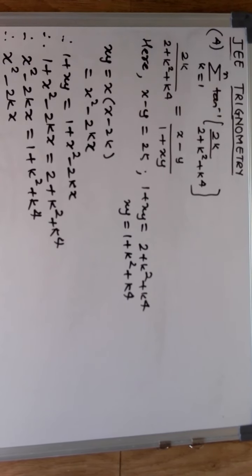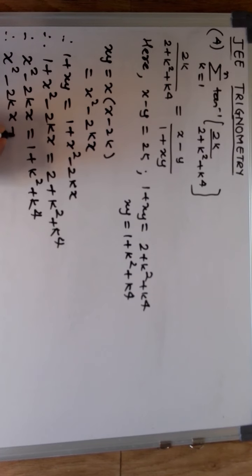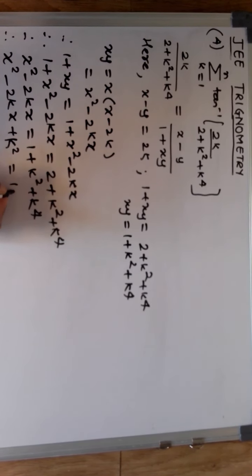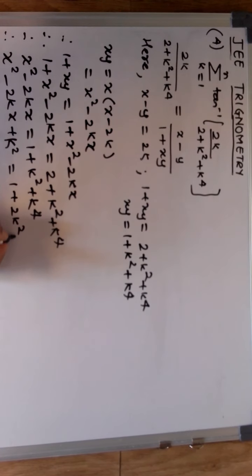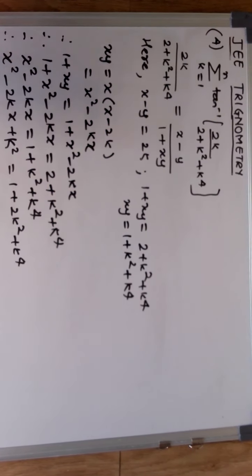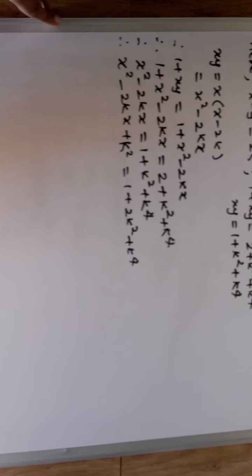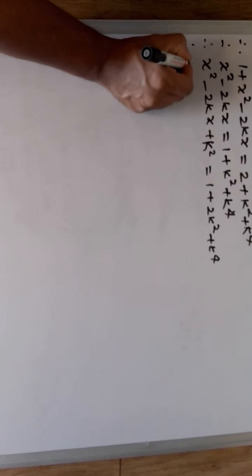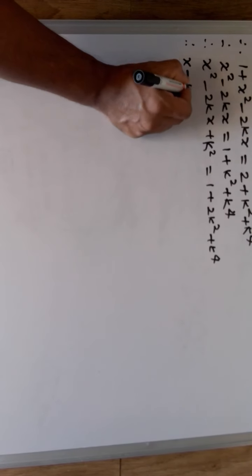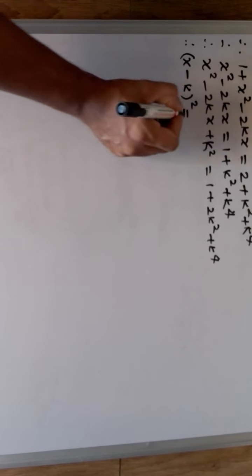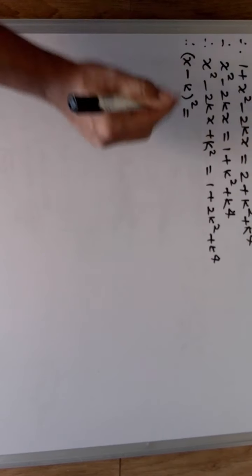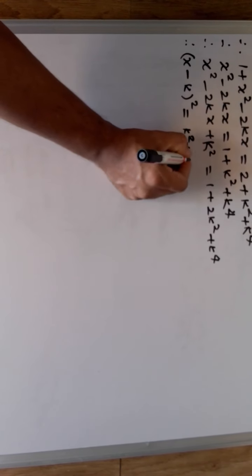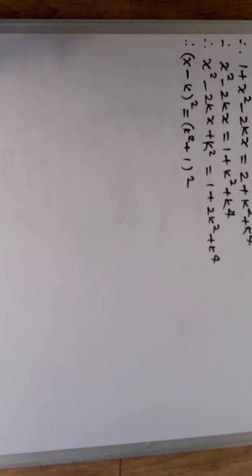You are able to see, I was thinking you are not able to see, plus k square which is missing. So this I brought, so I need to give it here also. So it becomes 2k square plus k raised to 4. So this becomes, now I need to move ahead. If you see it, it will become your (x minus k) the whole square, and this becomes your (k square plus 1) the whole square.